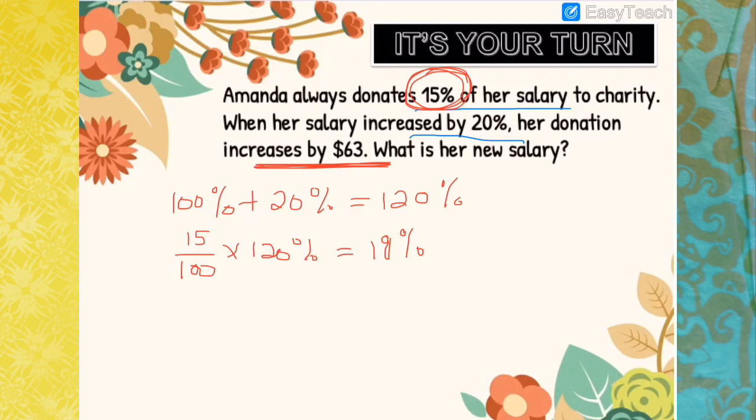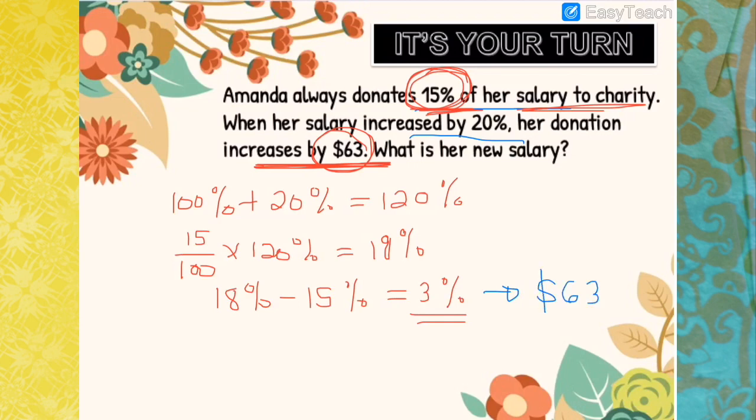So since we have an increase of 63 here, and we have 15% of her salary as donation to charity, we will have 18%, which is the new donation, minus the original donation, which is 15%, would be equal to 3%. This 3% is the increase, which is